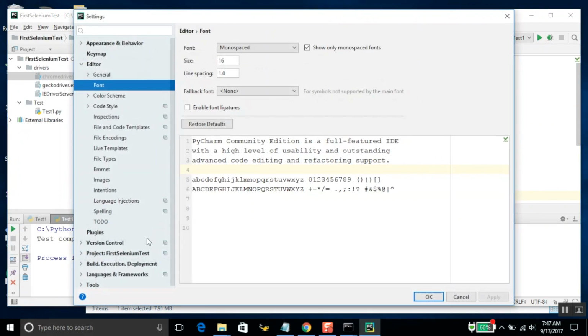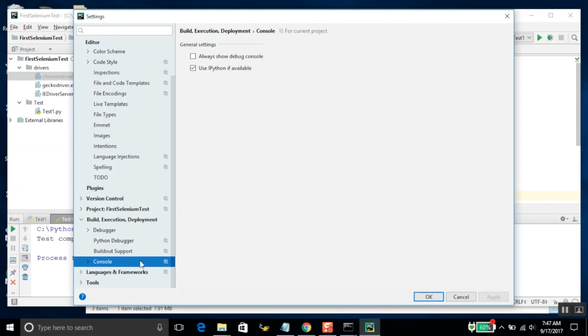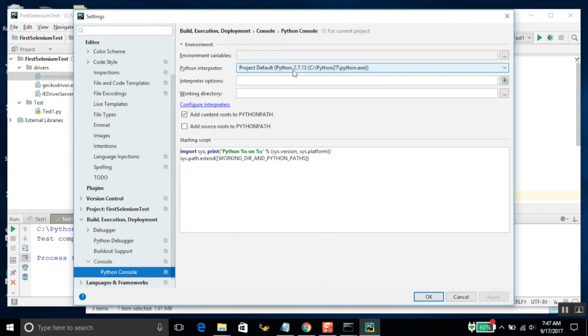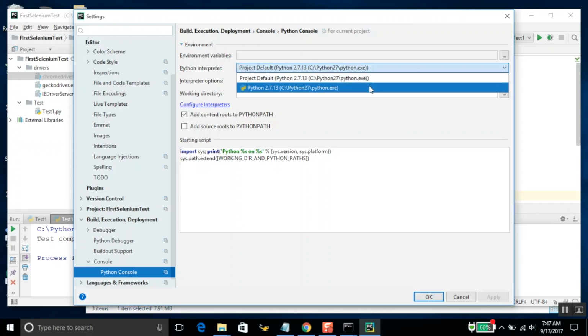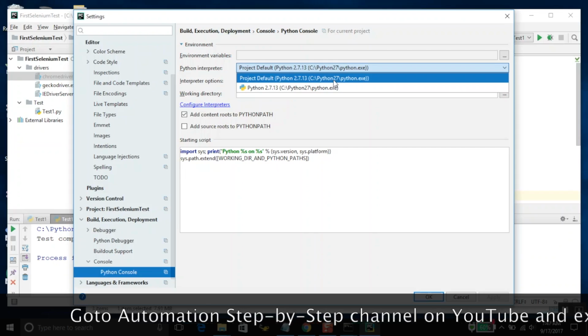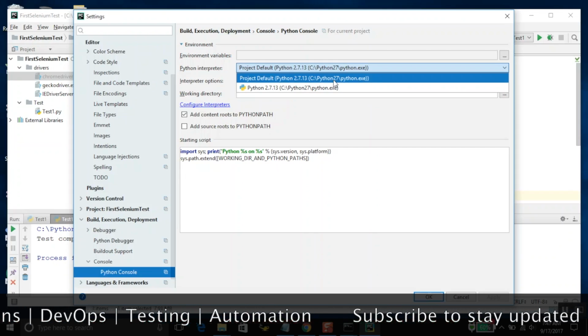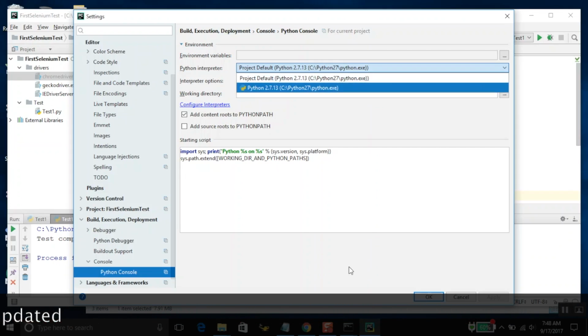Okay, the other useful tip is, if you go to your PyCharm file and you can go to settings and you can go to build execute deployment and click on console. Here if you go to console, let me just say Python console, and here you can see Python interpreter, and here you can see the Python which it is using on your system. So as of now we just have this particular Python 27, but in case you have multiple Python versions